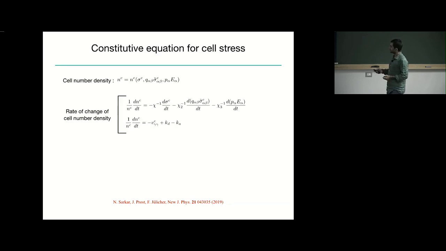Now, what you can write down is that since it's a function of all these dynamical quantities, you can write down an equation where the rate of change of the cell number density consists of all these three terms. The first term denotes the rate of change of cell number density with the isotropic cell stress. The second term, the rate of change with the anisotropic cell stress. And the third term is the rate of change of cell number density with the electric field. And the second equation,